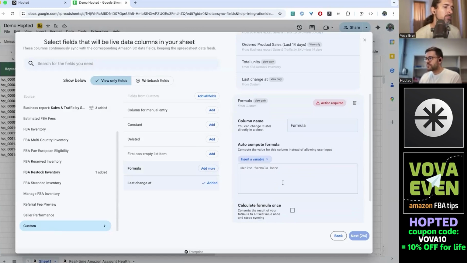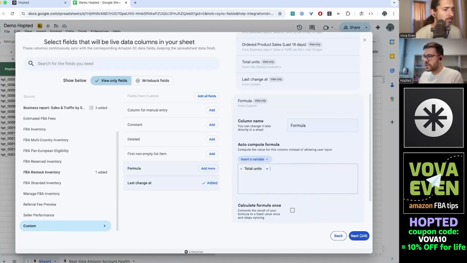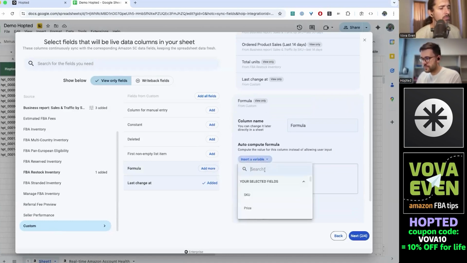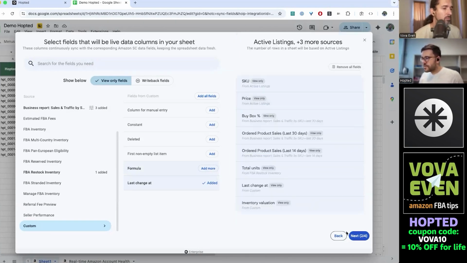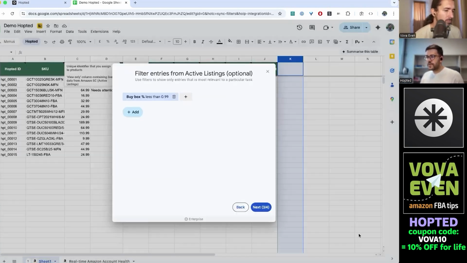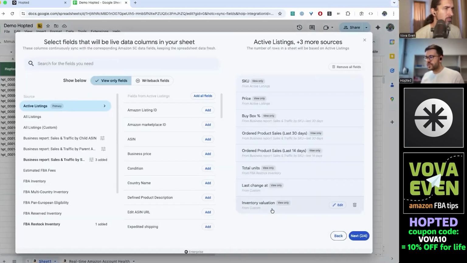So I'm going to use the total units multiplied by the price. And this will show me the inventory valuation, let's say like that. Let me save. Obviously none of the Amazon reports show you this kind of metric, but as you've seen, it's pretty easy